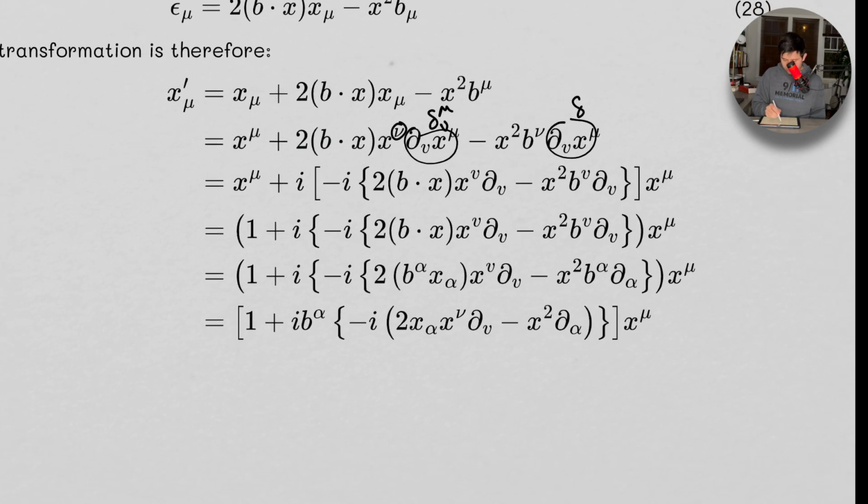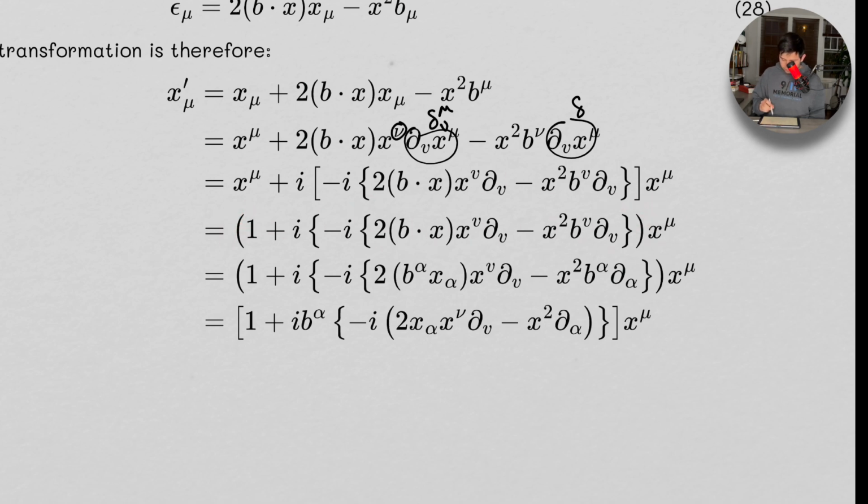So now we have, okay, I'll just keep that there. So now we have this guy. This guy here is, well, what we do again, we do this multiplication by I again, and we get these two guys, or this here, right? 2bx, and then we have this operator, and then same thing here, b right here, right? The reason we do this again is because we now have x mu and x mu, so we can pull that out, and we get our identity operator plus all of this,